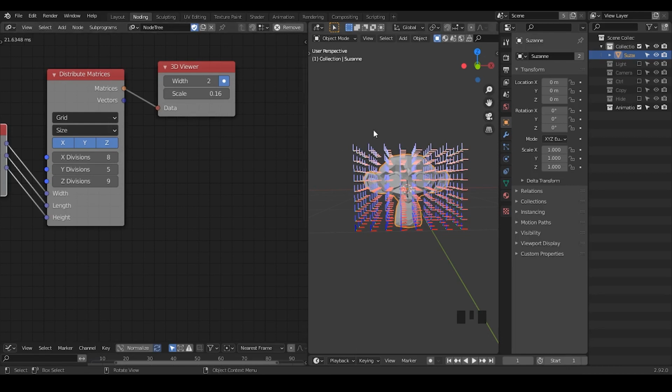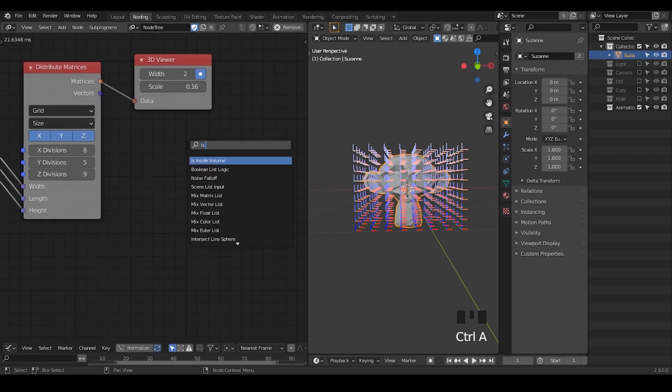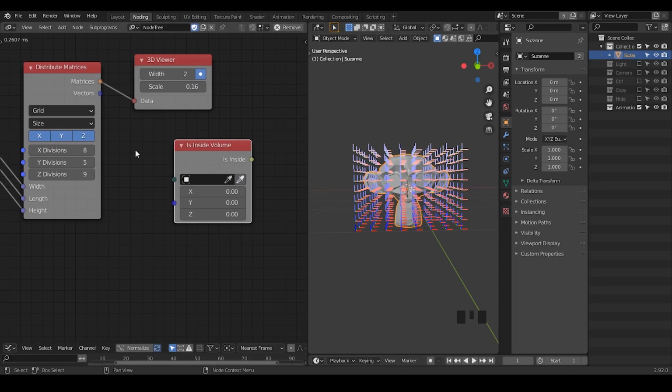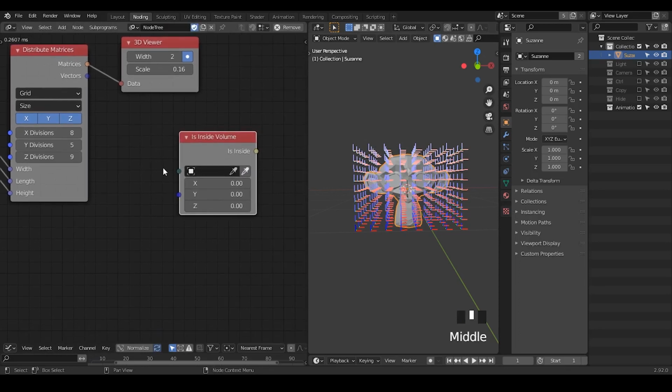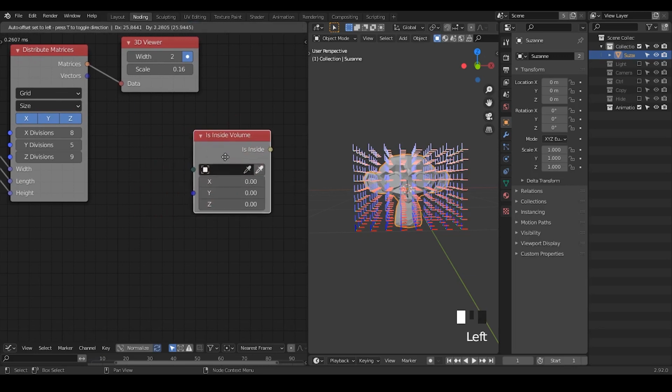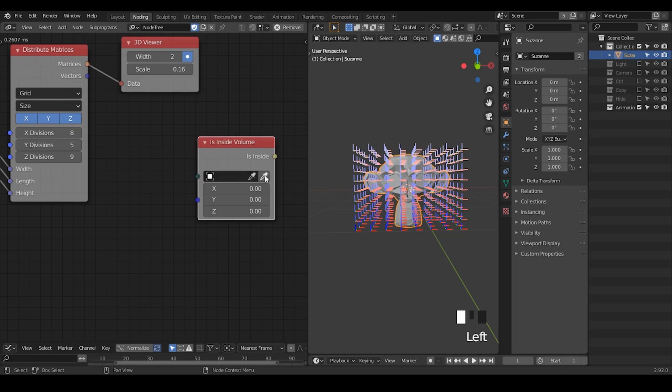Here I'm going to mask out some points which are not inside the Suzanne mesh. I'm going to use an evaluation called Is Inside Volume. There is a dark green socket which you don't commonly see in Animation Nodes. It's a very rarely used socket. And sometimes if you see a socket color or a socket that you do not really recognize,